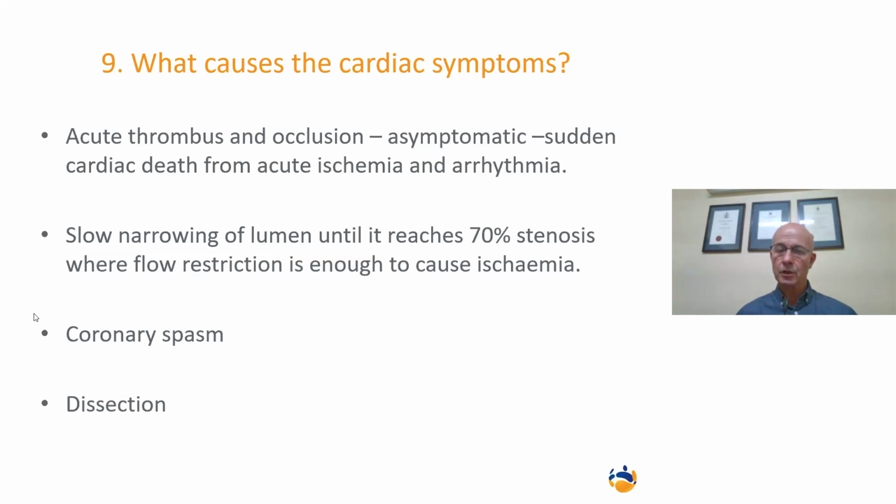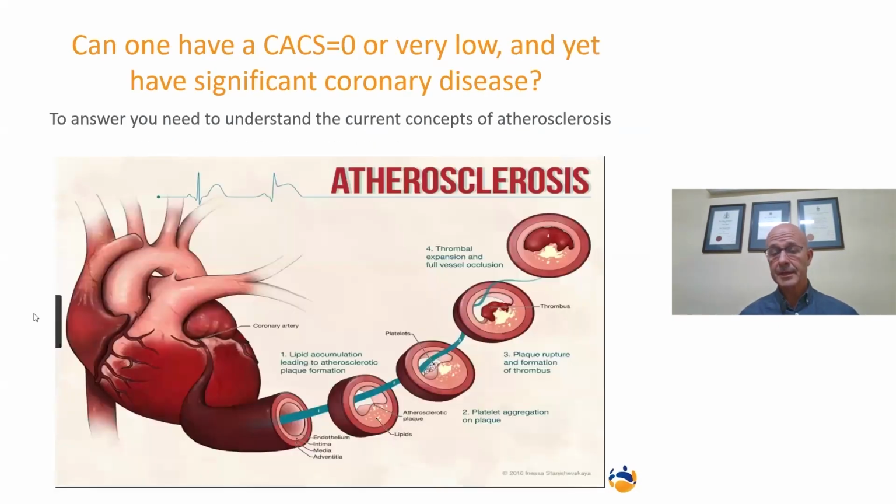But the disease is an ongoing process of damage, inflammation, and repair. And what causes cardiac symptoms is when that process causes intraluminal narrowing. And if it's a slow chronic process, you will only get angina on exertion when your stenosis reaches 70% or even 80%. What causes a sudden event is when a thin-capped, vulnerable soft plaque ruptures, platelets aggregate, and the artery